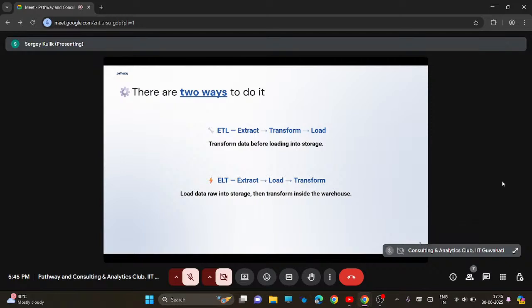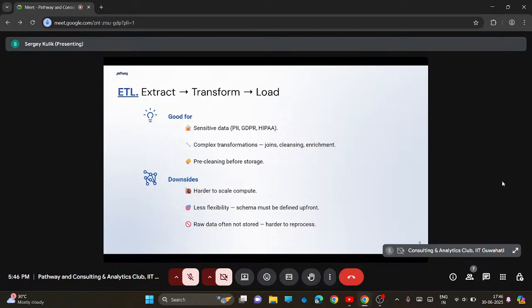So it has the upside that it's easy to do the extract-load step. We don't create a job that does everything. It's always easier to separate. But the downside is that your compute needs to be more robust, because all the further data transformation needs to be done within the compute. And there is no simple answer for when we should use what, because there are use cases for ETL and ELT. For ETL, we can quickly walk through what it's good for.